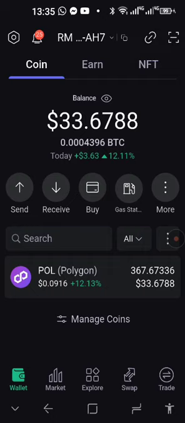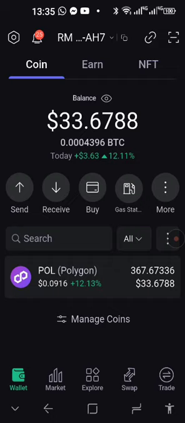We only work on the premium tier. There's two different tiers in RM Circle. There's the standard tier and the premium tier that we are working on. So the standard tier is 181 Polygon and the premium tier is 362 Polygon, but you do need that extra little bit of gas fees.